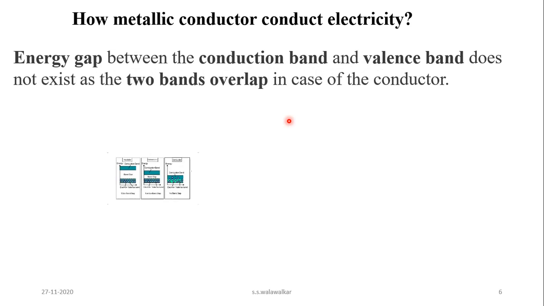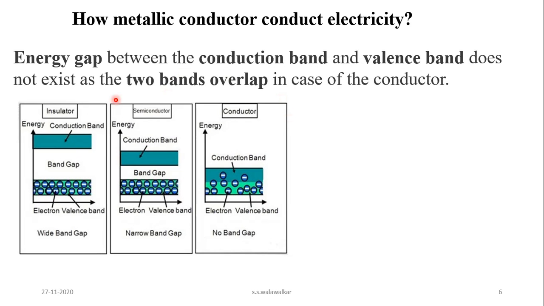See this diagram so that you can understand what is meant by conduction band and valence band. You have studied this part already in solid state. The band which has high energy is called the conduction band. The band which has low energy is called the valence band. The conduction band may be vacant, or it may be partially filled with electrons, and the valence band is filled with electrons, and these electrons are not mobile.